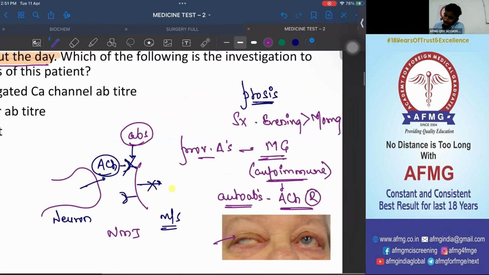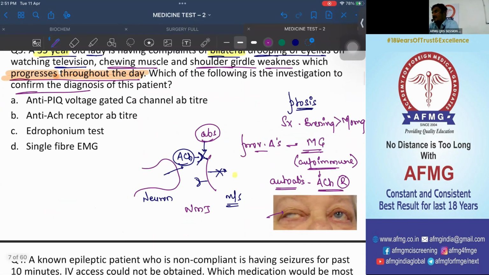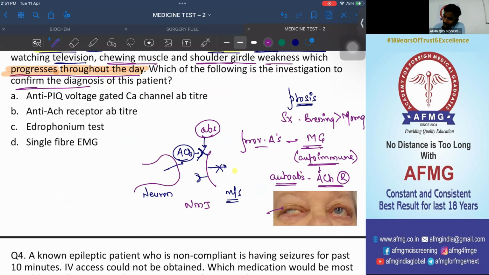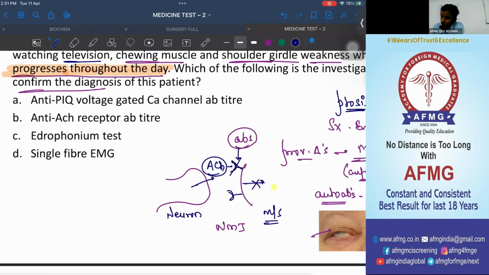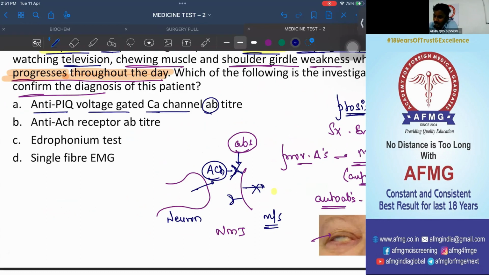Now, please tell me what is the investigation which will confirm the diagnosis of the patient. If I talk about option A, first of all, anti-P/Q voltage gated calcium channel antibody titer. This would be done in a case of Lambert-Eaton syndrome. In Lambert-Eaton syndrome also the patient has muscular weakness, but over there the muscular weakness is why? Because in this definitely on the